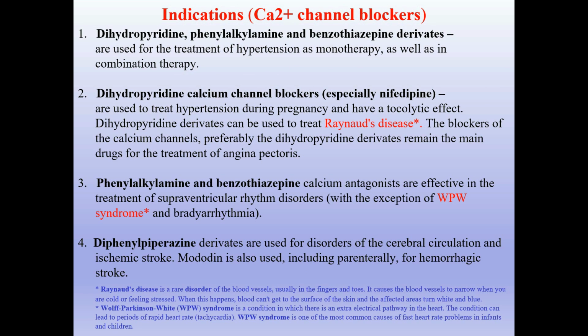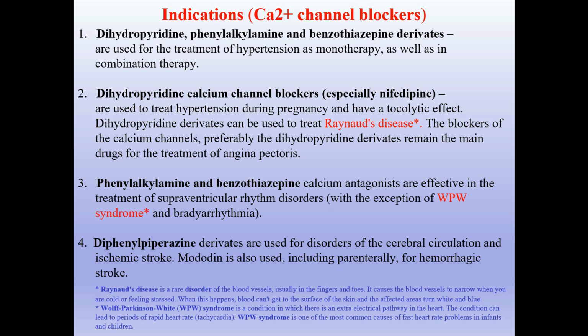Indications for use of calcium channel blockers. First, dihydropyridine, phenylalkylamine, and benzodiazepine derivatives are used for the treatment of hypertension as monotherapy as well as in combination therapy. Second, dihydropyridine calcium channel blockers, especially nifedipine, are used to treat hypertension during pregnancy and have a tocolytic effect. Dihydropyridine derivatives can be used to treat Raynaud disease, and they remain the main drugs for the treatment of angina